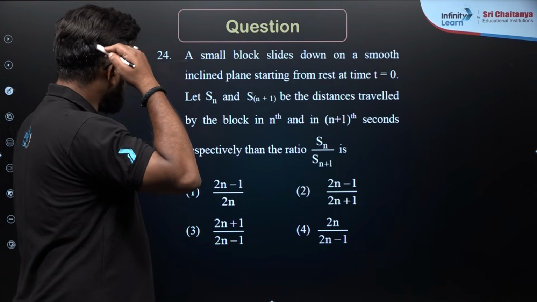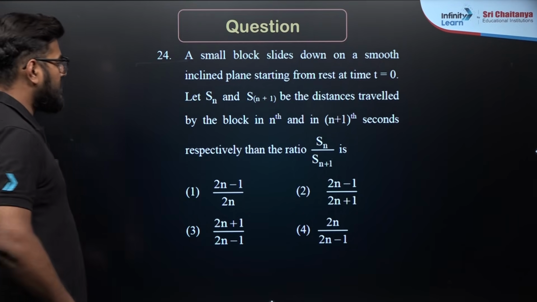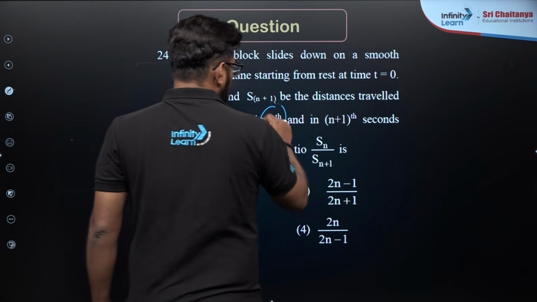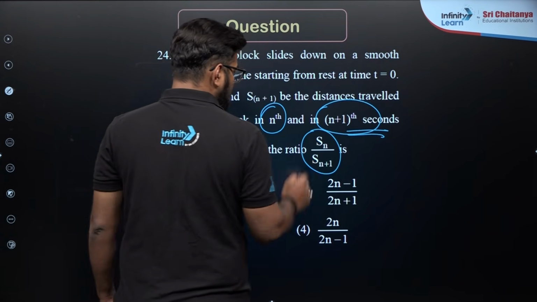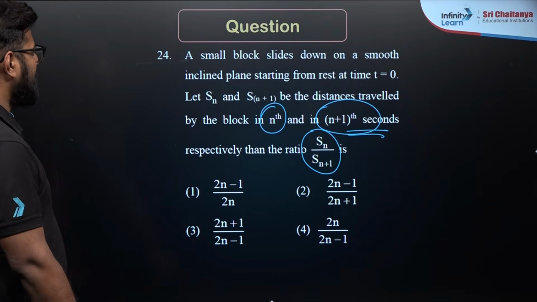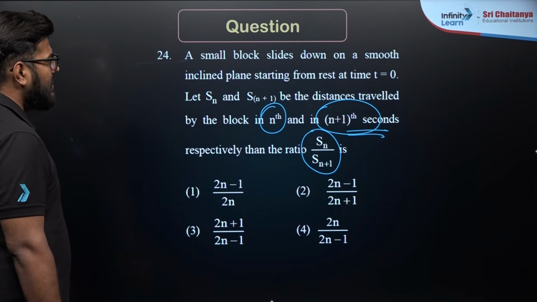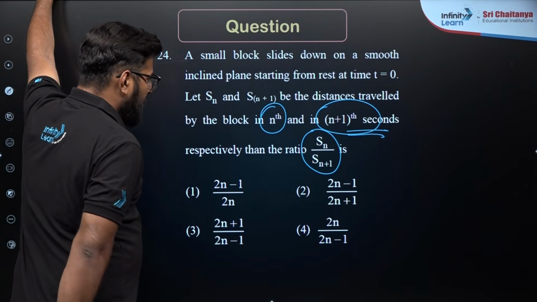A small block slides down a smooth inclined plane starting from rest at t equals 0. Let Sn and Sn plus 1 be the distances travelled by the block in the nth and (n plus 1)th second respectively. Then the ratio of Sn upon Sn plus 1 is... no problem, I think this is easy. A small block slides on a smooth inclined plane starting from rest, Sn and Sn plus 1 will be in the ratio of,